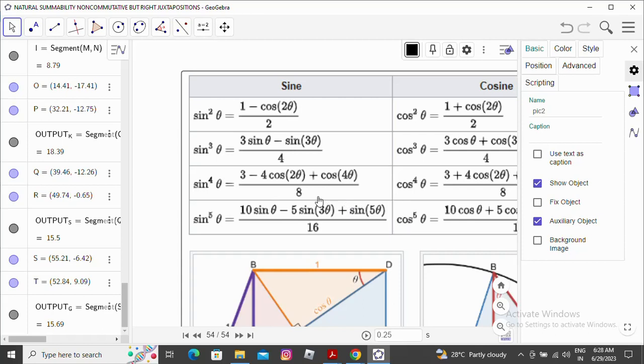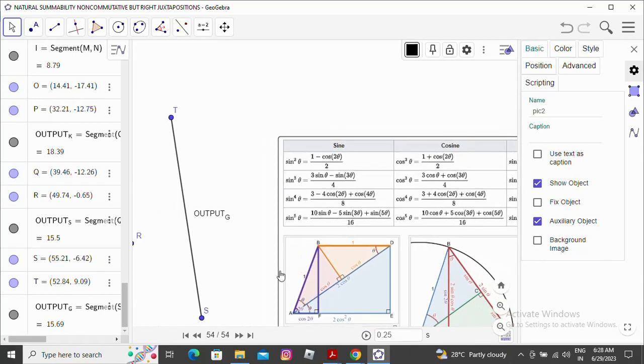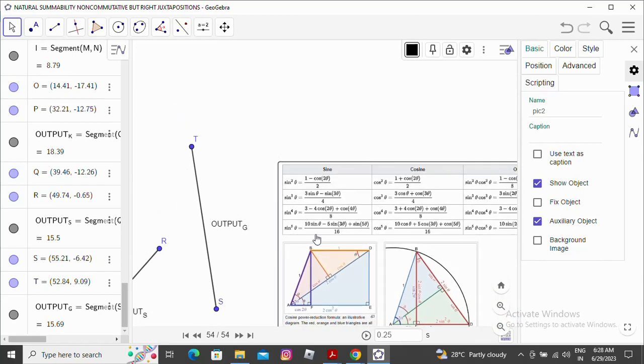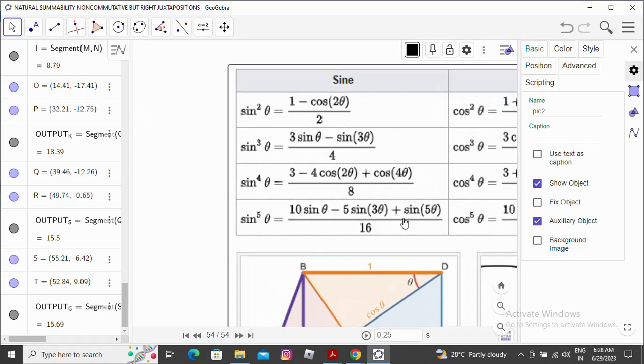So all of these entangled line segments are directly, indirectly, or sufficiently indirectly connected with and entangled with that initial line segment L. Now after division we can get triangles, and two triangles are similar, so there is a ratio which is similar, and in our previous videos we have already explained those things. In today's video we are trying to explain the natural summability of these kinds of line segments.